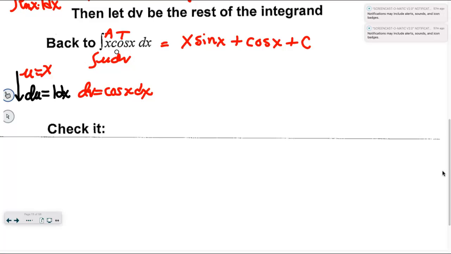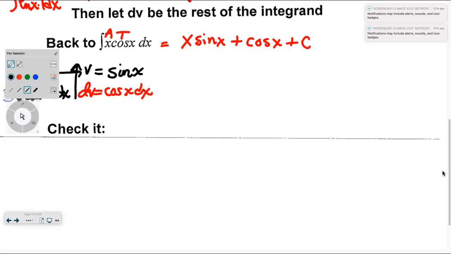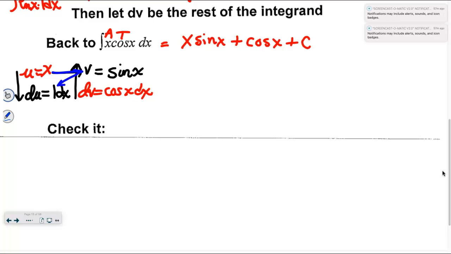Up here, I'm going to erase this. I'm going to go backwards and undo the derivative of v. So I differentiate and I integrate. What's the antiderivative of cosine? Sine. Yeah, thank you guys. Perfect. Now I told you that it equals uv, right? So actually I'm going to change colors here to make it clear. If you make an array like this, you can just do a zigzag. So it's uv minus v du. This isn't in it at all. Okay? So if I were to do my uv minus v du,